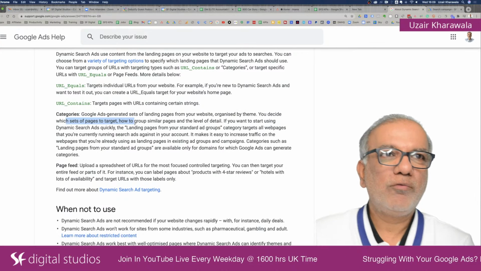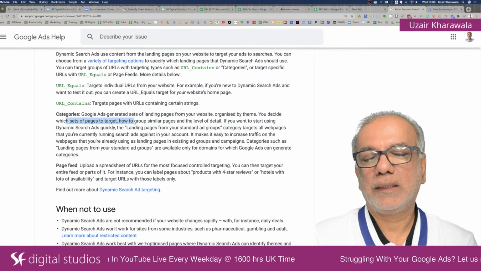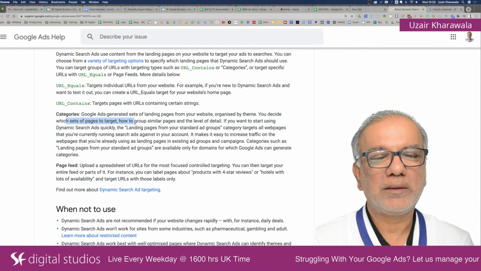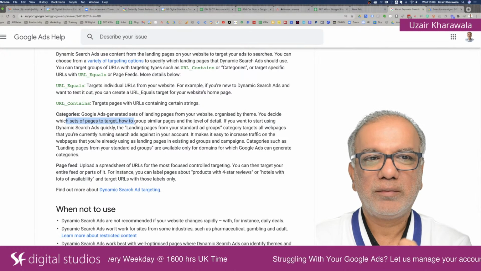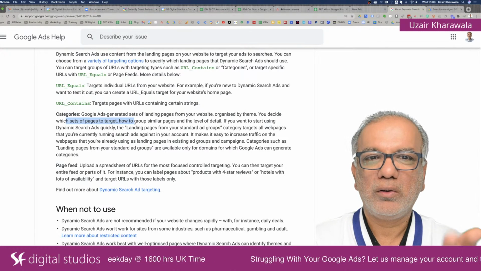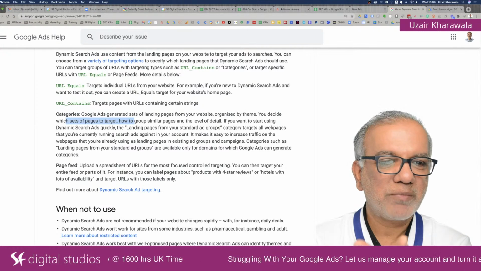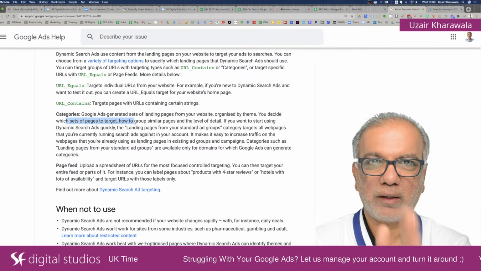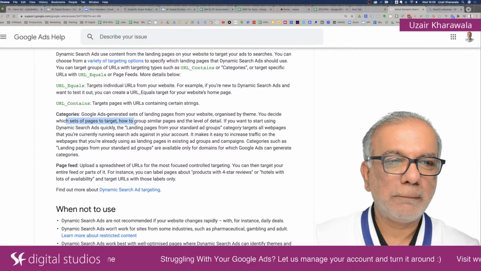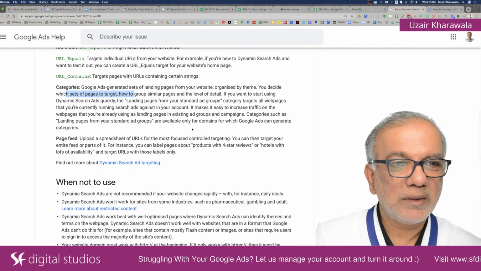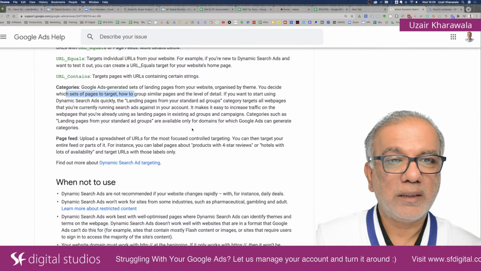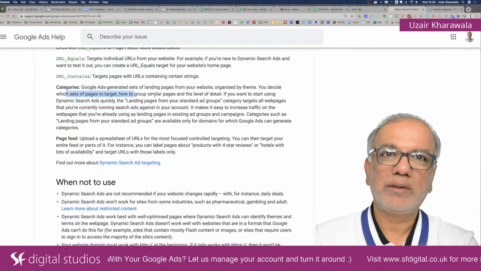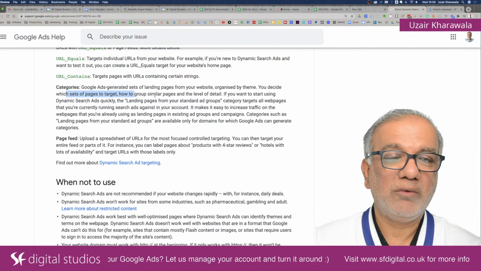So for example, if we are targeting e-commerce websites, then I would exclude all the non-money pages like terms of service, privacy policy, blog, contact pages, about us, and all those kinds of pages where people cannot buy. Take them out and exclude them. This is what I see that most people haven't done, and then Google will index those pages and can potentially send traffic to those pages where many will just bounce off.